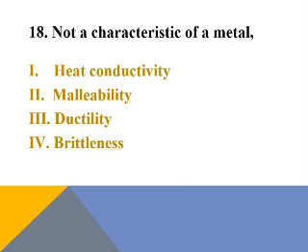Then malleability. Malleability means the ability to be hammered into sheet without breaking into pieces. This one also has some common feature of a metal. Then third answer, ductility. That means ability to be drawn into wire without breaking into pieces. Yeah, most of the metals possess this quality. Copper, iron, they are good examples.